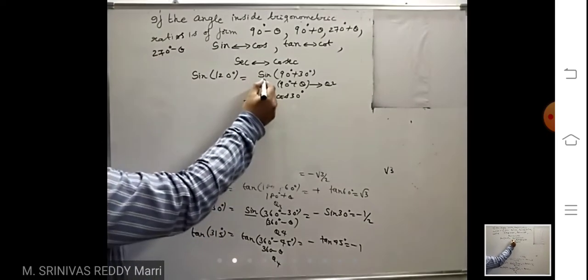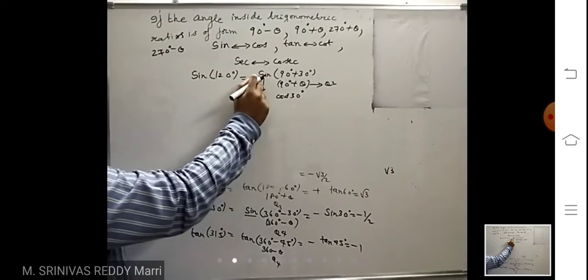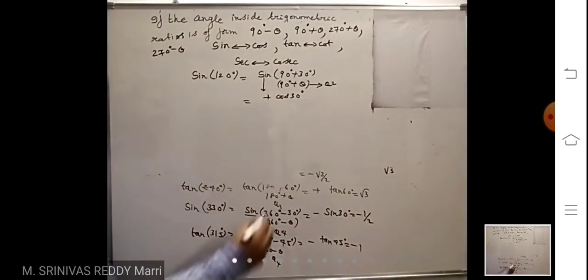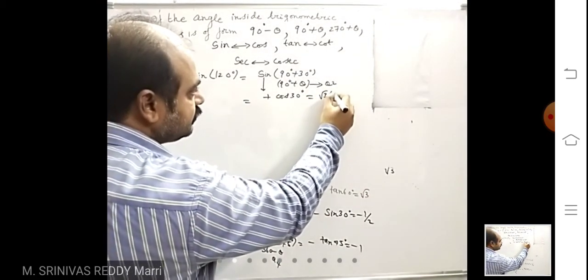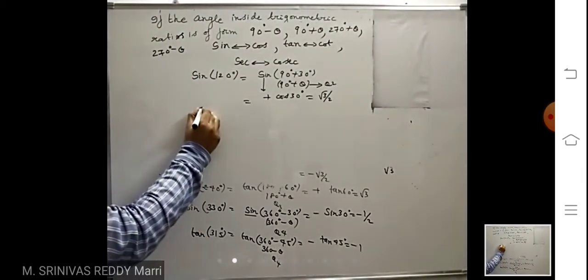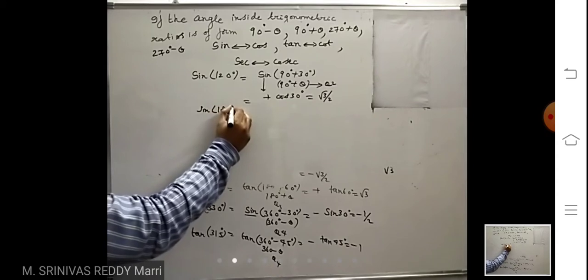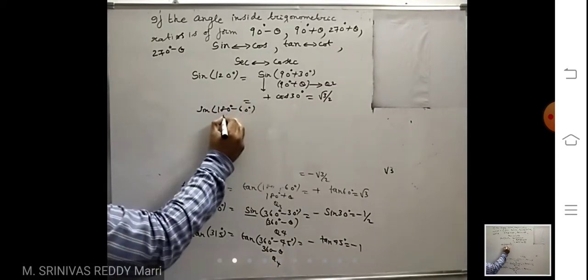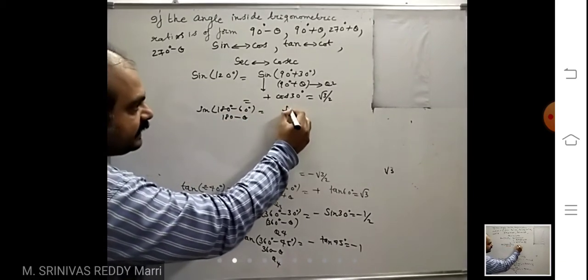Now look at this sine, not this one, in the question given. In quadrant 2, sine is what? Positive. That means this value is cos 30, and cos 30 means root 3 by 2. Like that, you can calculate in this manner also. This can be written as 180 minus 60 also, in whatever way you like. So if you are writing 180 minus theta, then write sine 60.